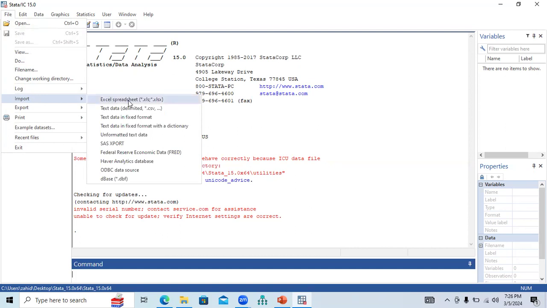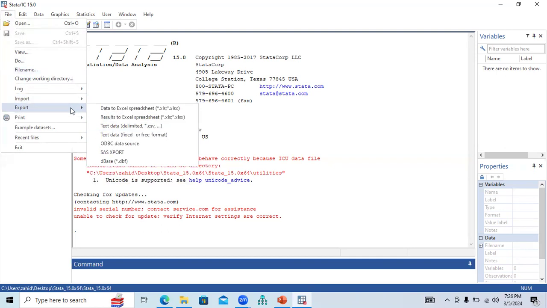Like if you have Excel data, you can import the Excel data set from here. You can import the CSV file from here. It is also supported in different types of versions of importing the data. Then we have the export command. If I have run some procedure and I would like to export the data set into some other